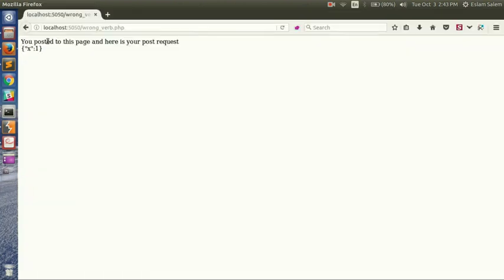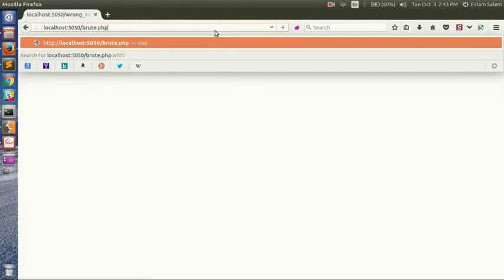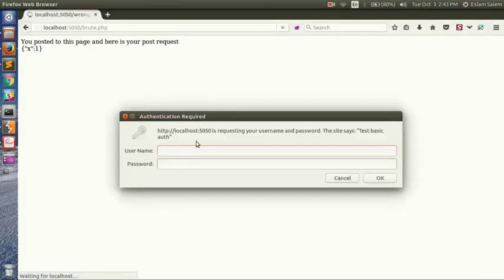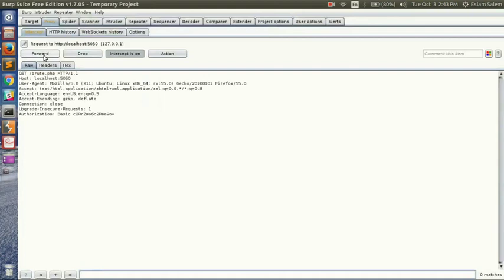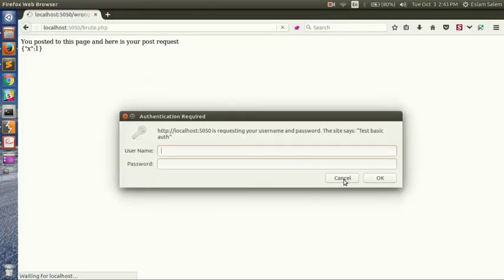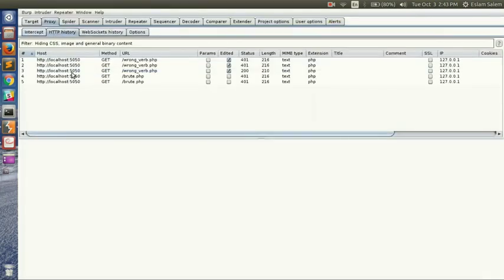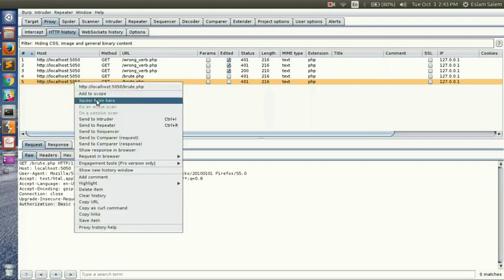Okay. First, let's see the endpoint that we want to exploit. Let's forward it. Here we see that it's basic authentication, but actually we don't know the credentials, so we need to brute force it. Okay, here is the HTTP history. Here is our request, and here is the authorization basic, and here are our wrong credentials. But we need to brute force it, so we will send it to the intruder